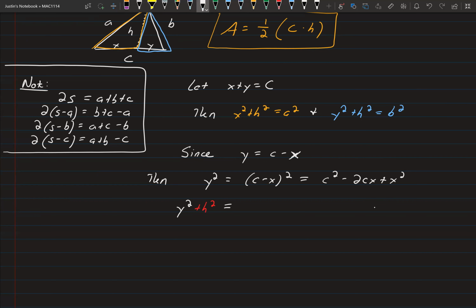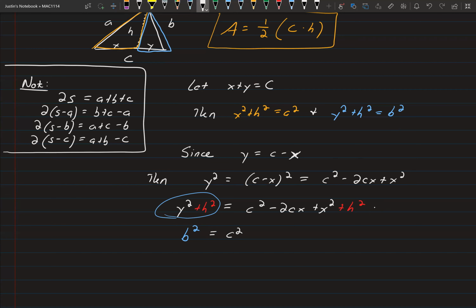So let's say c squared minus 2cx plus x squared. I'm going to add h squared there too. So on the left and the right, I've added an h squared. Now let's see who's paying attention. On the left, y squared plus h squared. What is y squared plus h squared equal to? This guy right here. Yeah, that's equal to b squared. So I get b squared